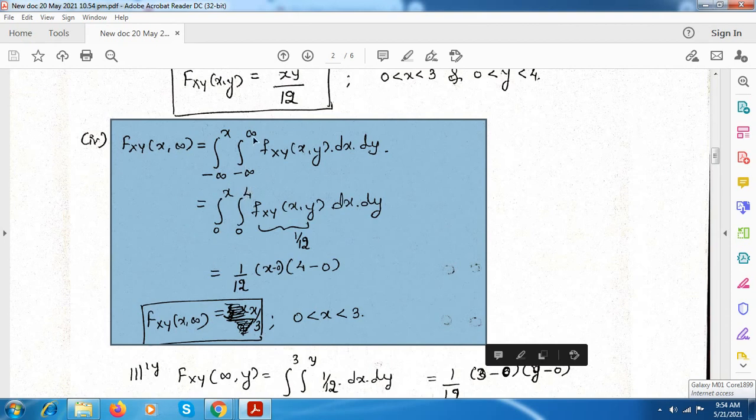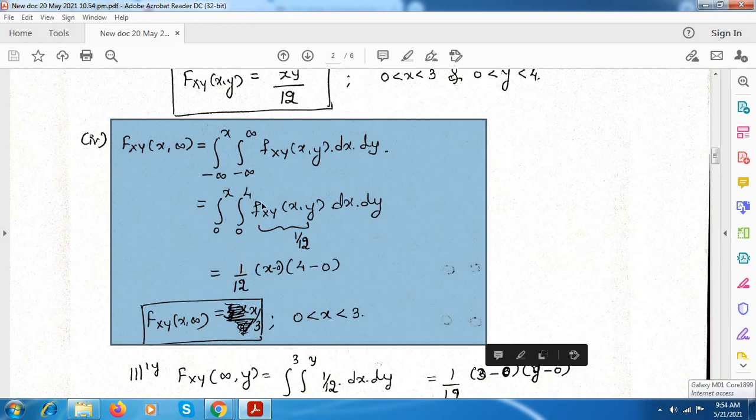In the general equation it is infinity, but in our problem they have given the maximum value for y to be 4. So for the first one you have the limit from 0 to x, and for y you have from 0 to 4,